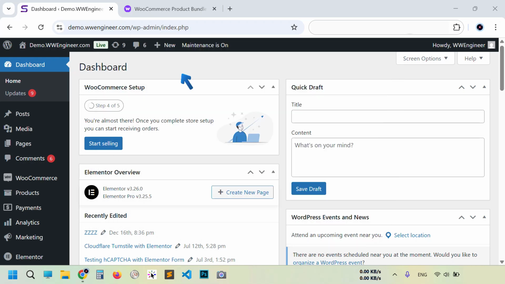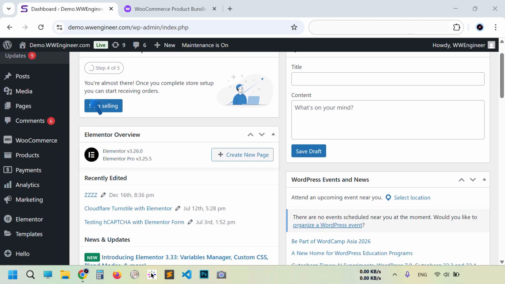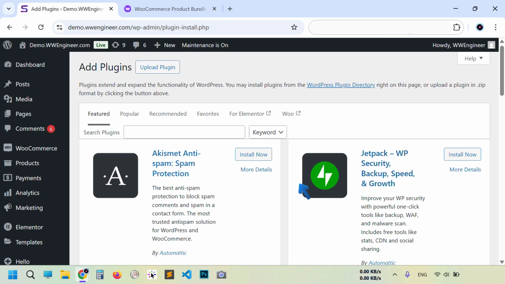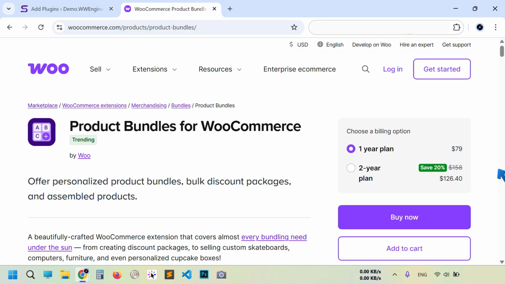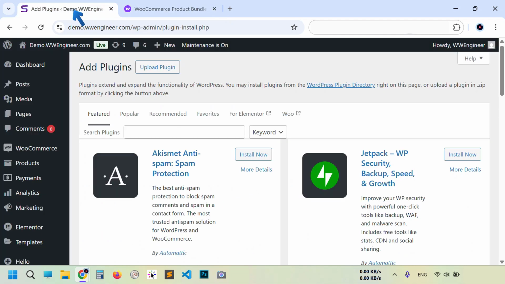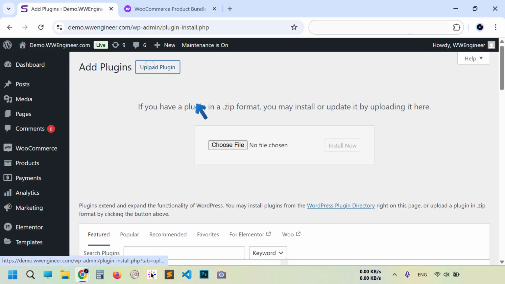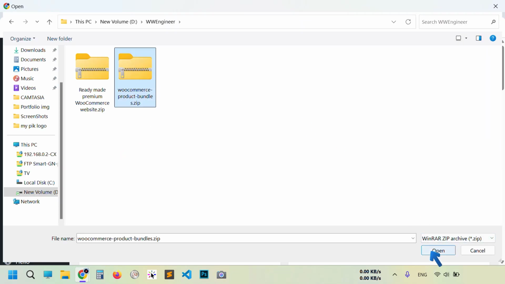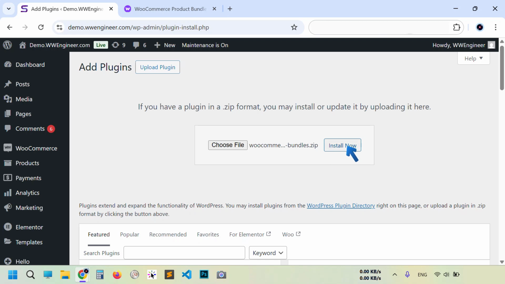Okay, I'm already in the dashboard, so go to plugin, then add new plugin. Because it is a paid plugin and you won't get it on this page, you need to first download it from the WooCommerce store. You see here, this is the plugin and the price. After download, you need to upload it from here. So I'm going to choose it from my computer. It is selected, install,